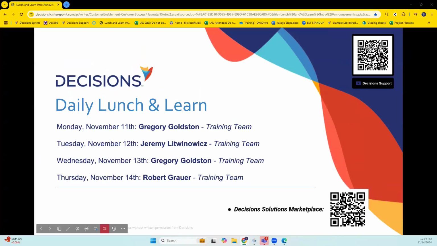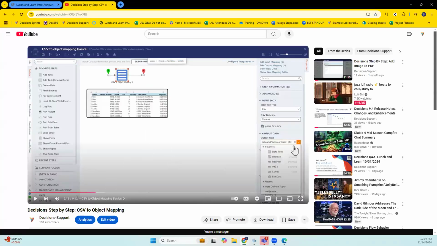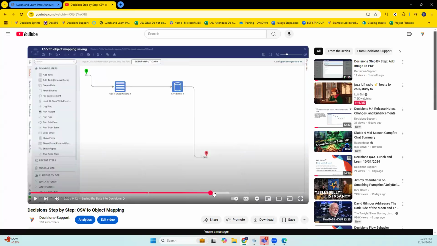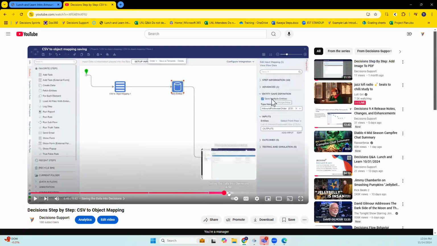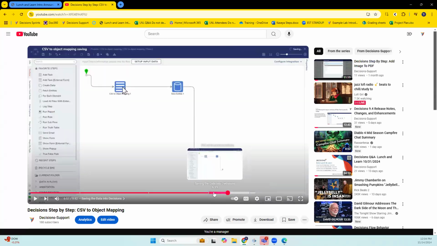One thing I'm going to put in the chat for you that can be helpful, just because I do a couple versions of this. I made this one month ago today. I'll put this in the chat for everybody. I made this so you can follow up with it later. I was going to recommend doing something in this world, this CSV to object mapping. I made a video here with a couple different use cases, including a whole section on saving data into decisions. You do have a handful of options here, and it really depends on what your